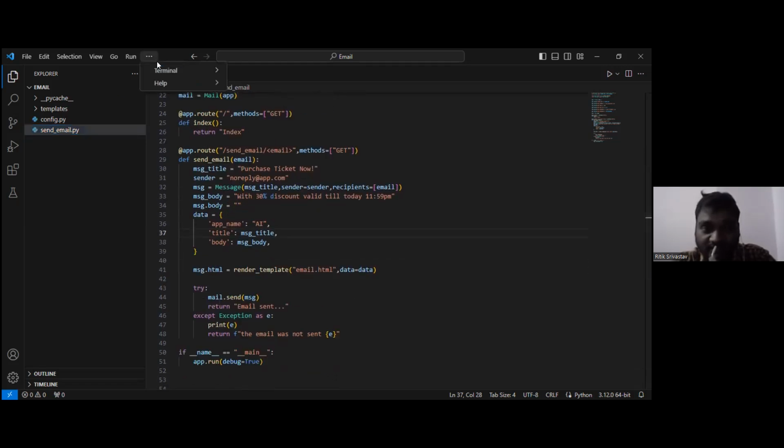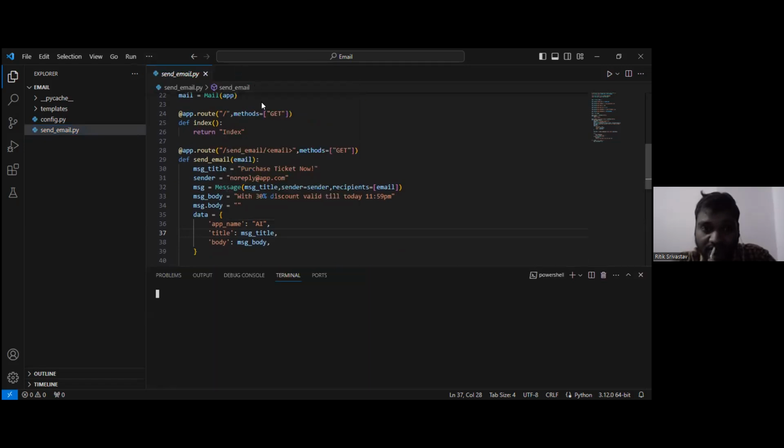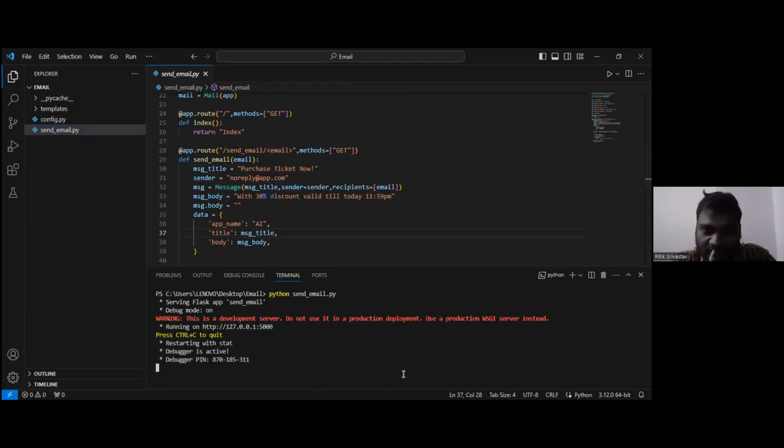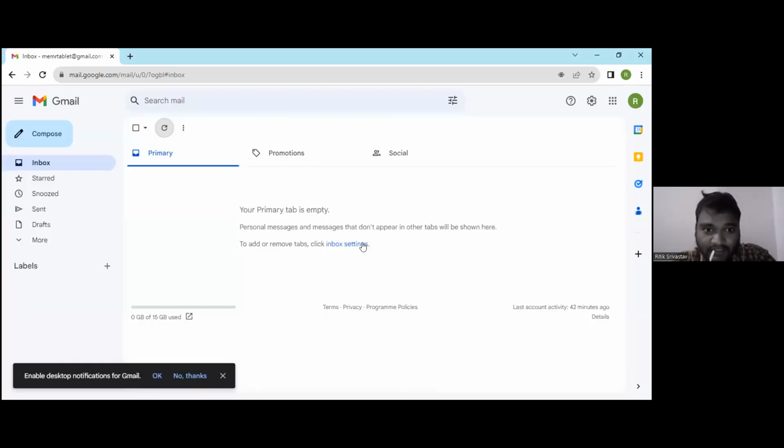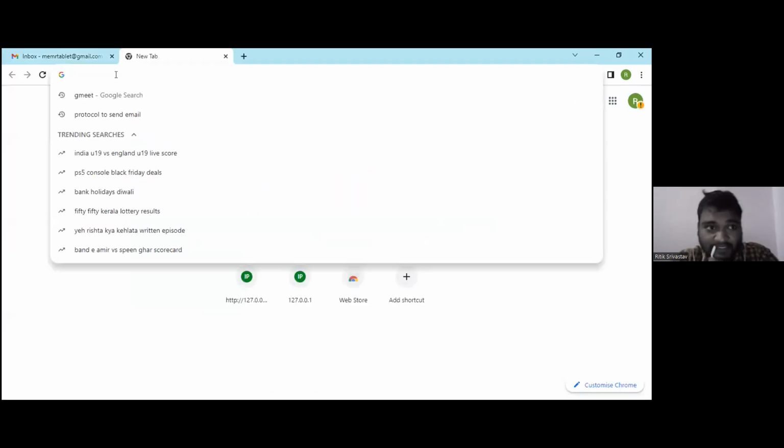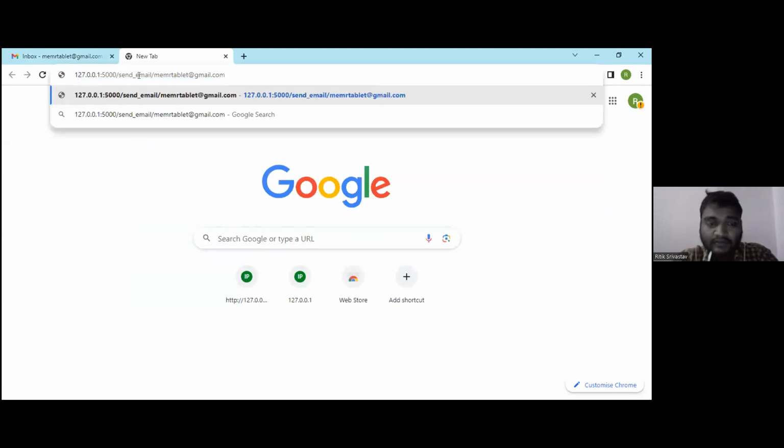So I will run this application now. I will run python, and the file name is send_email.py. So this application is running on port 5000. Here we can see I do not have any email yet in my Google account. So first I will go to 127.0.0.1:5000, then the endpoint is /send_email, and this is the recipient email, which is me, Mr. Tablet at gmail.com. So once I click on this,